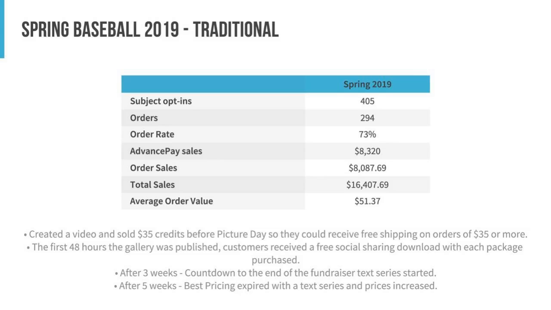We automatically knew they were going to spend 35 bucks towards a package or print purchase. So they got a coupon code for free shipping on orders of 35 or more by making that purchase. So that incentivized them to put skin in the game and commit early. So that was $8,300 in advance pay sales. And then on top of that, there was another $8,000 in order sales once that was converted, for a total of almost